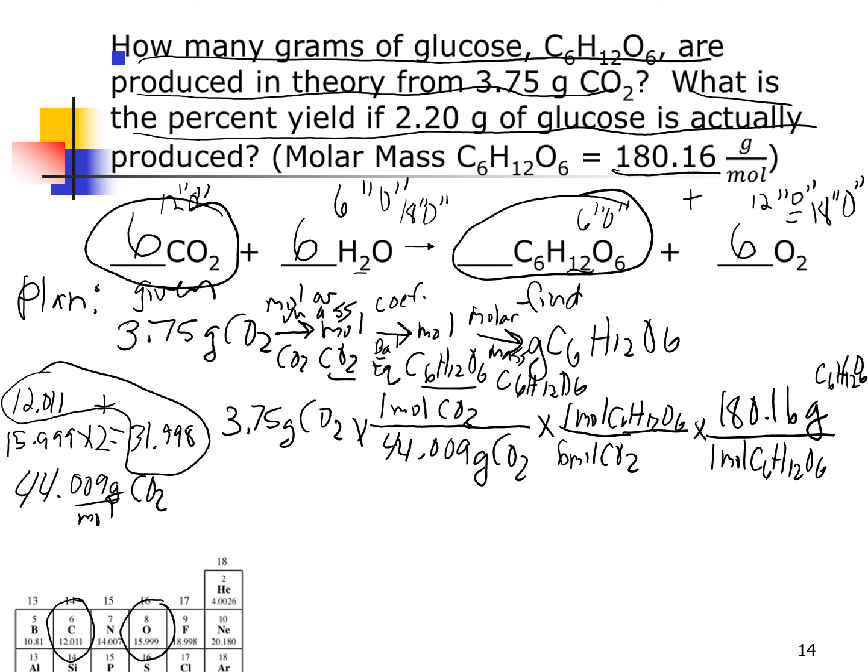So now let's check that units cancel. Grams of CO2 cancels grams of CO2. Moles of CO2 cancels moles of CO2. Moles of glucose cancels moles of glucose. We end up with grams of glucose, which is what we want. Now we can just do our math. 3.75 divided by 44.009 divided by 6 times 180.16, and that comes out to be